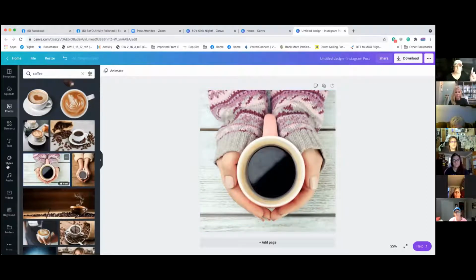But with the pro version, you also get the ability to do audio, so you can record in your stuff. You can add video. So if you make a video about how to take care of your nails or how to put on the polish, you can embed it in any graphic and put it inside of your party. It's super fun like that. And you can make it interesting because video isn't just you going live. Video is anything that you do that is movement within your party or within your graphic that's not just static